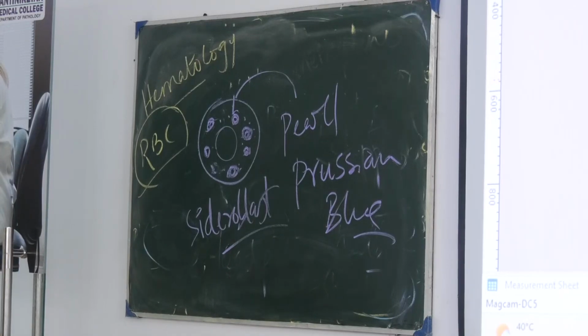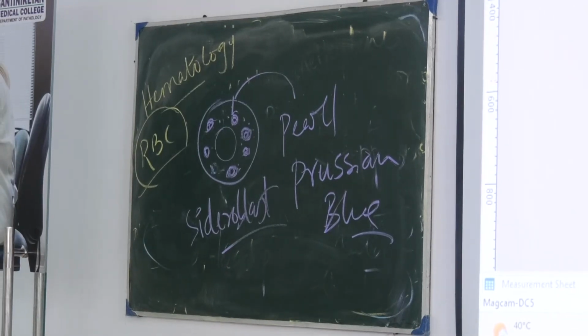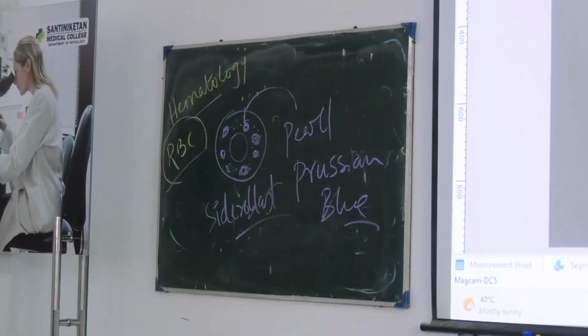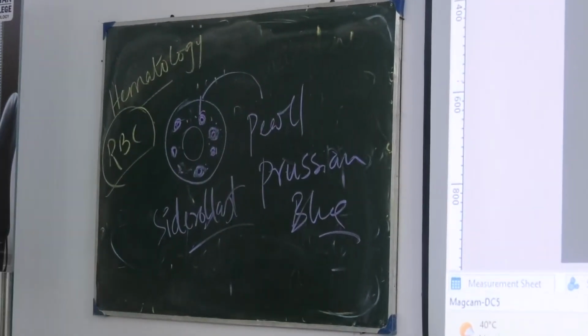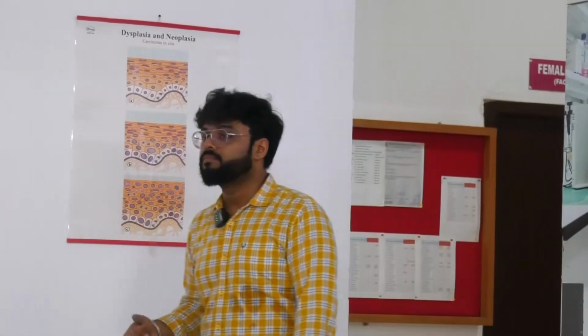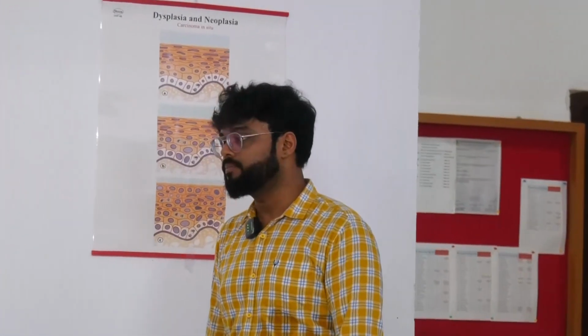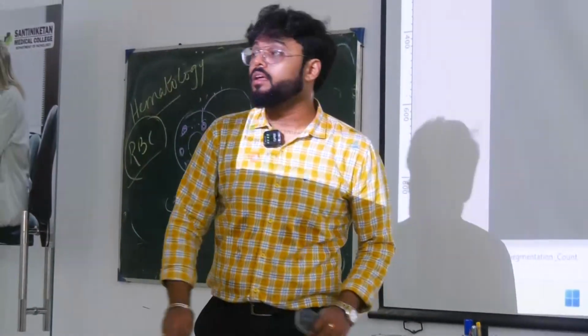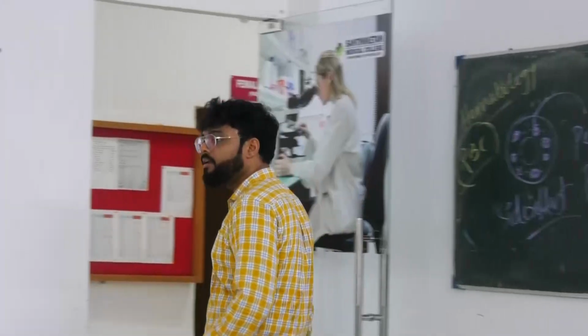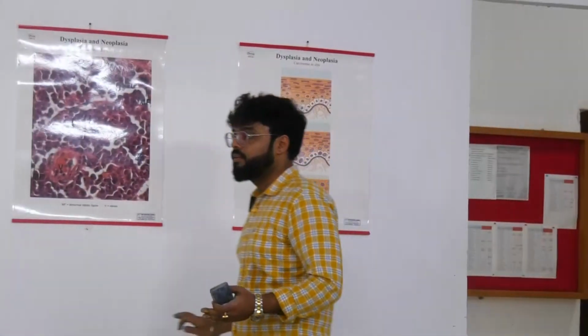Sideroblasts are usually found in sideroblastic anemia. So there are many more different types of abnormality in the staining pattern of RBC. So my motto of this speech is basically that there are lots of variations you can identify in a peripheral blood smear in RBC,